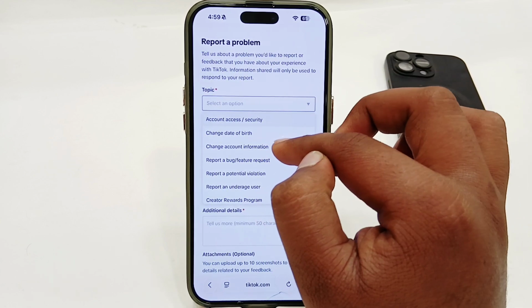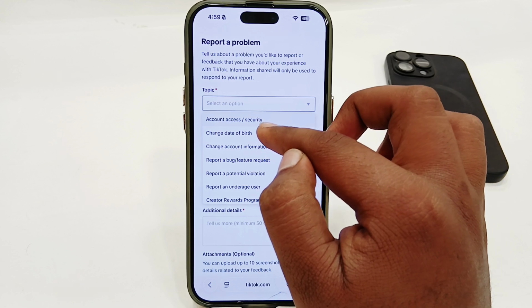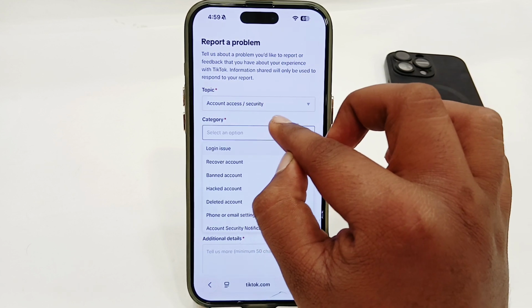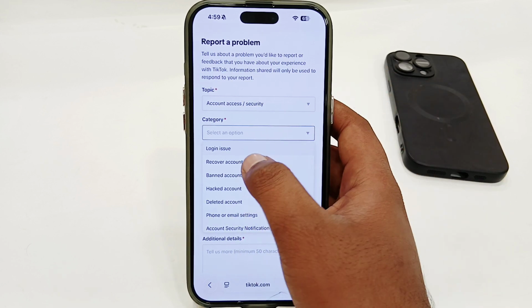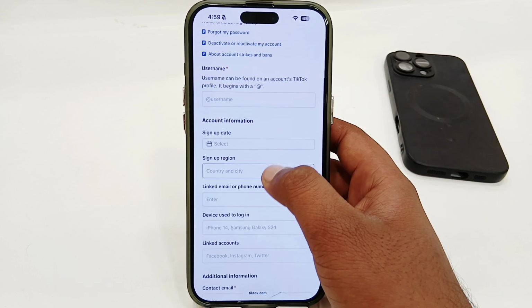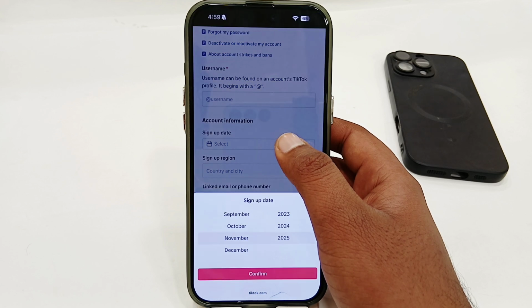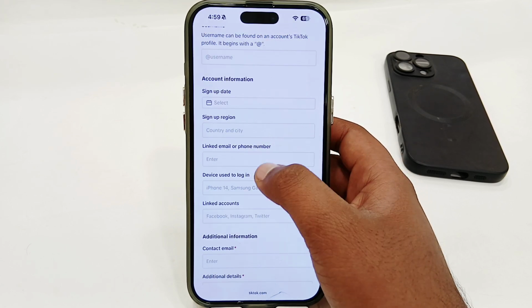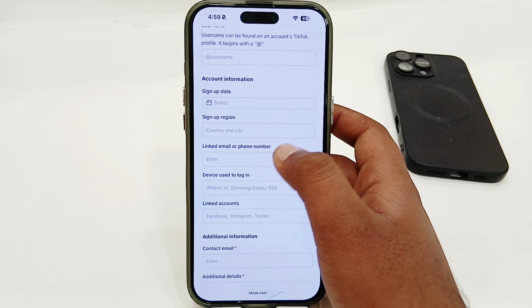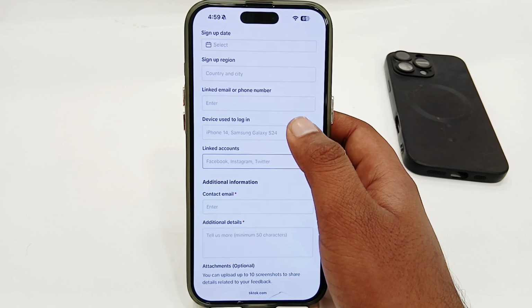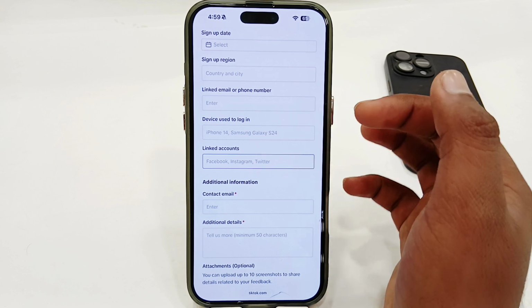I'm going to select the very first, account access and security. Then select category. I'm going to select recover account. Then add your username here and then enter your date of birth. Then enter your country and city. Enter your linked email or phone number, and then you have to enter your device which was used to log